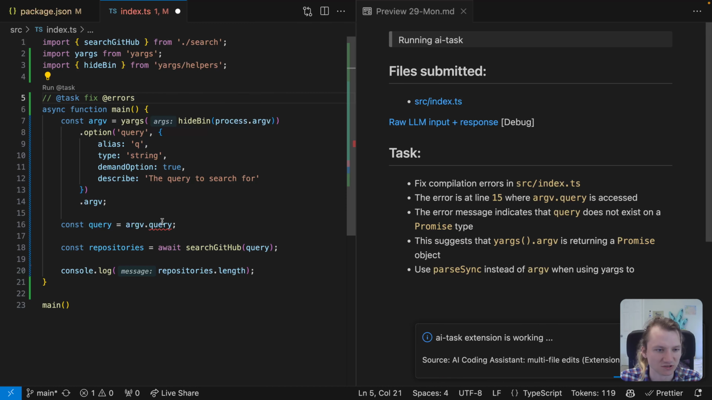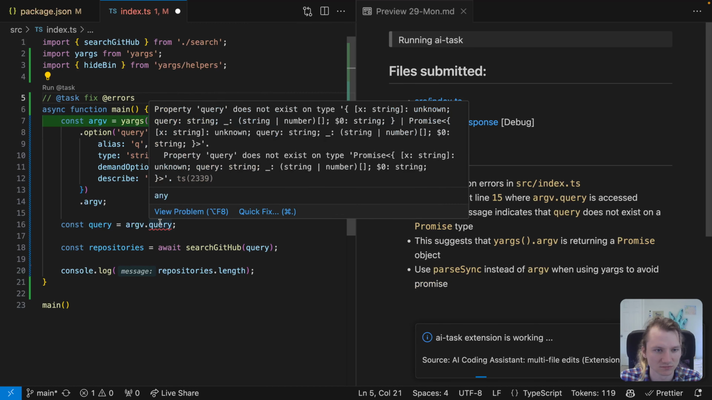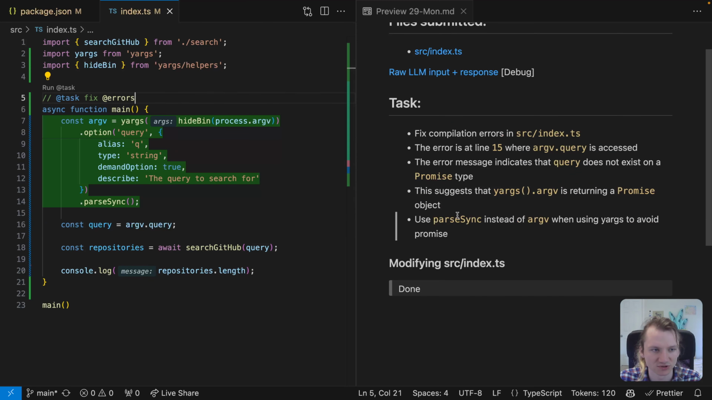So it mentions that this is of type promise, and it identifies the method to use instead of this property to address this. It is updating only the portion of the code that needs to be updated, and voila, our code is now